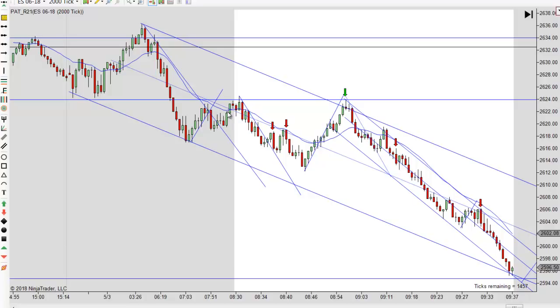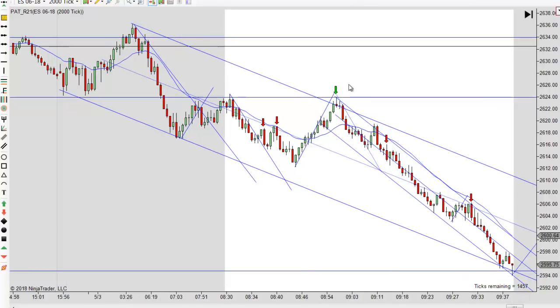It's right into the EMA. This high is not very far. Even though it would have worked, you got to skip that. And so you're just kind of sitting here waiting. I don't like the signal bar here, and you're generally better off waiting on the lower high, which you got